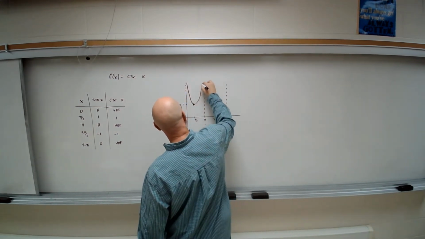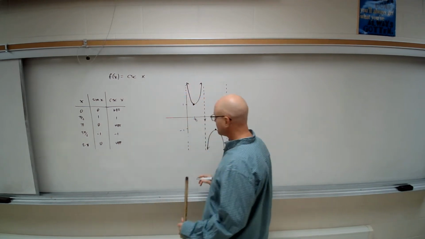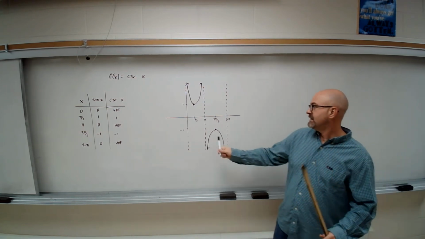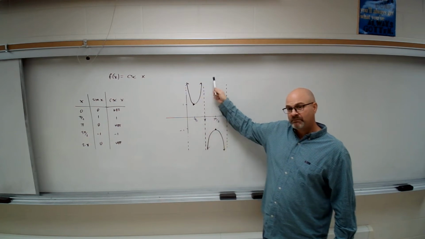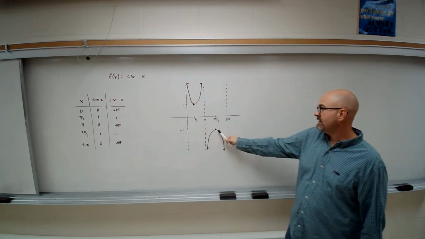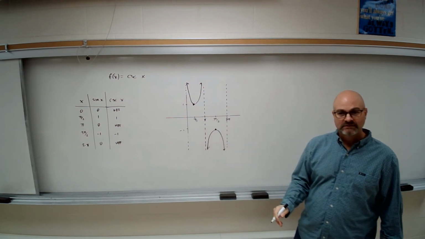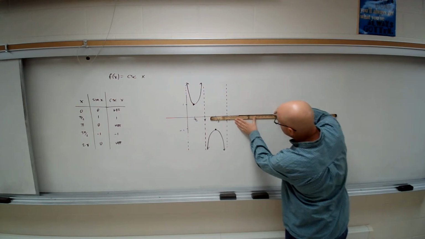I always think of it as kind of turning the inside out. So it just has these pieces here, right? This point here at pi over 2, 1 would be a minimum for this branch of it. Here at 3 pi over 2, -1, that would be a maximum for that branch. And it's just going to keep repeating, right, if we wanted to, because this is one period, it started to